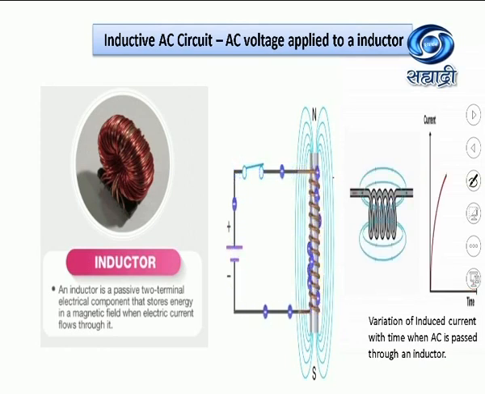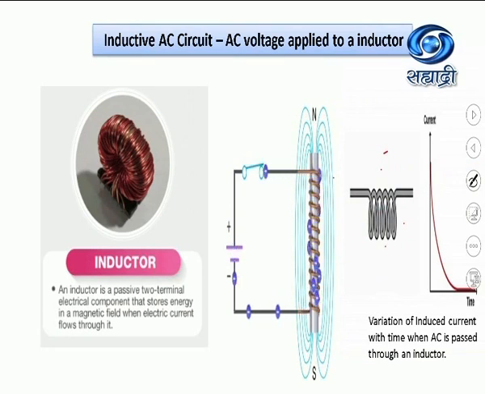When the current increases in magnitude, the magnetic field also increases. When the current decreases, the magnetic field decreases. When current flows in the opposite direction, the magnetic field produced in the coil will also be in the opposite direction. And again, when the current decreases, the magnetic field also decreases. So that's why the magnetic field will vary in magnitude and direction when AC is applied to a pure inductor.